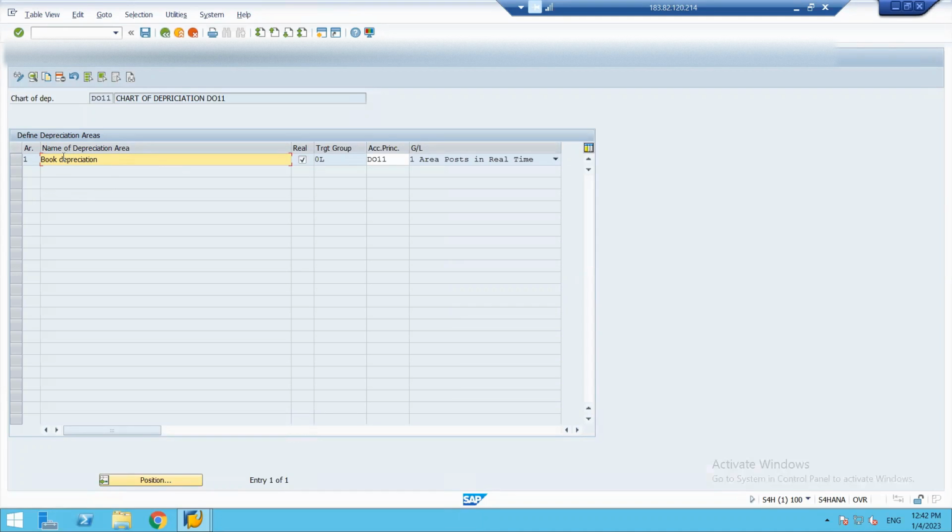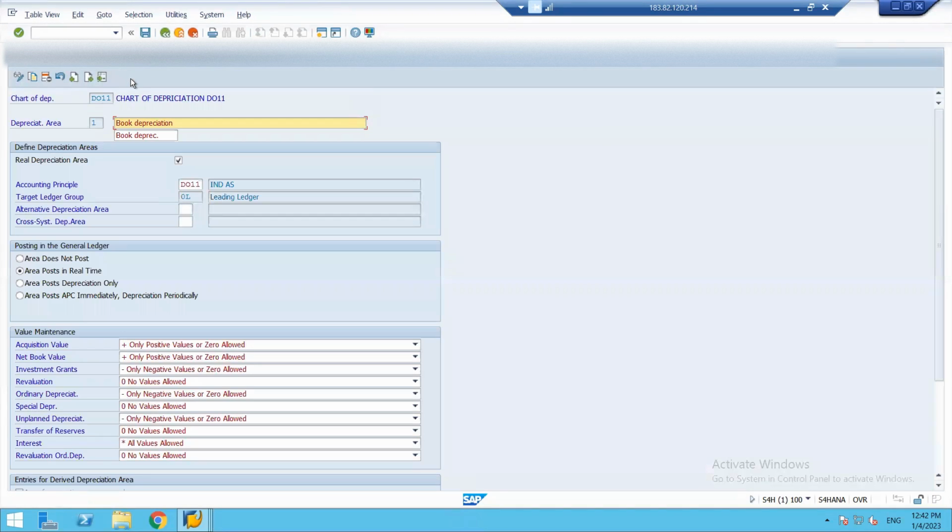I'm just maintaining a depreciation area for my leading ledger. I'm not having any non-leading ledger. I have kept it very simplified because in this example we need to focus on lease accounting and not on asset accounting. So under my book depreciation, what I need to do, we have already assigned the accounting principle. Now what I need to do is this interest,